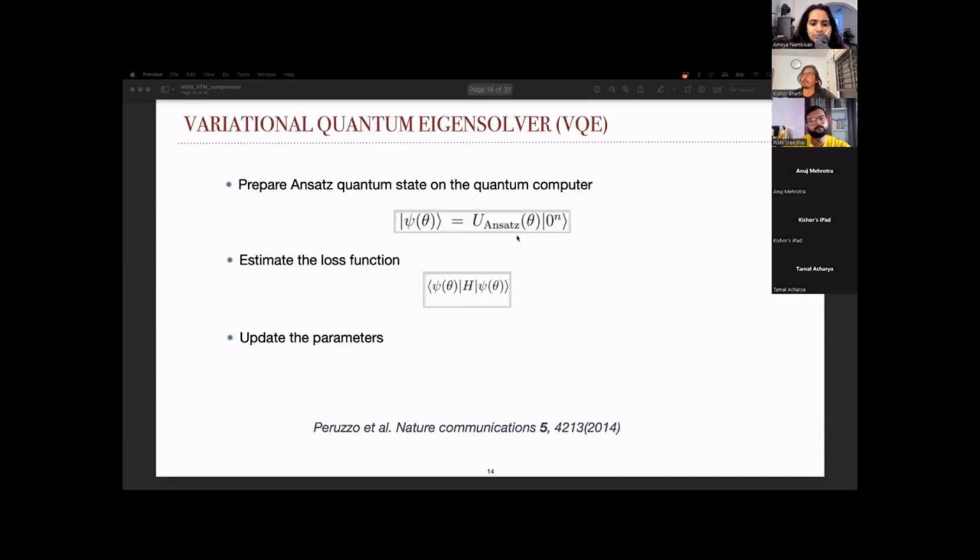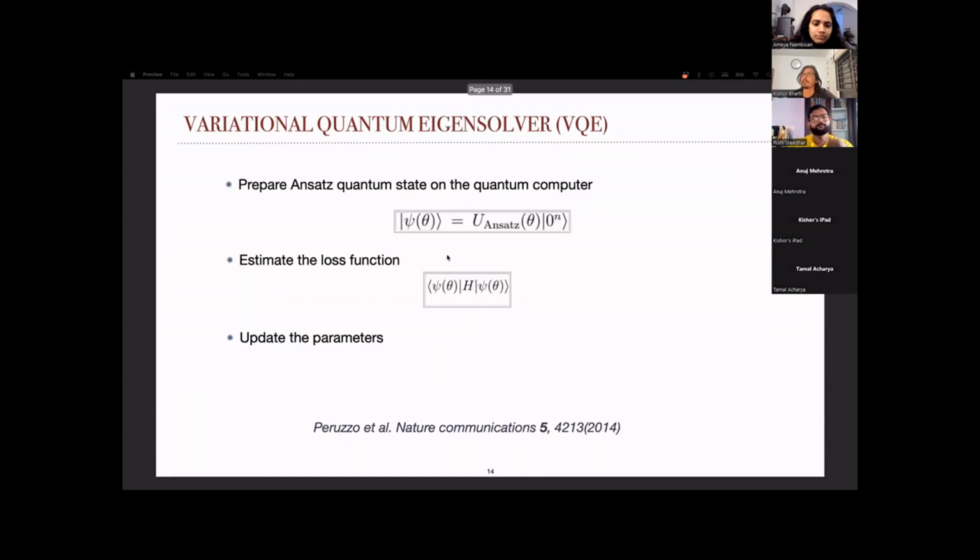So there is a famous algorithm called VQE. It's again a heuristic, similar to the variational principle of quantum mechanics. What it says is that you prepare some wave function, you estimate the corresponding loss function, and you update your parameter theta using some gradient-free or gradient-based approach. This is all nice, but the issue is, how do you update the parameter? That can be quite complicated. It can be a non-convex optimization in general. And there can be many rounds, in the sense that you update the parameter and then go through the same process again and again.